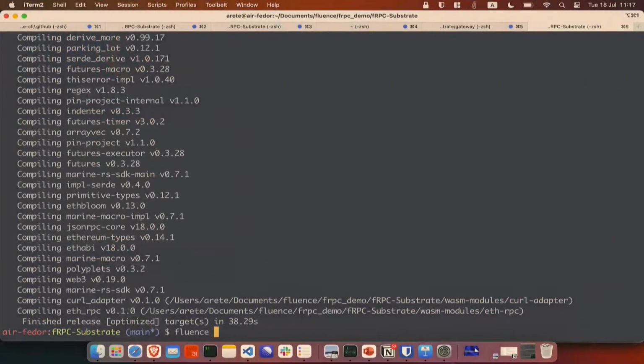So we have now built the project, and we can deploy it to the Fluence network with Fluence deal deploy. So basically, what's a deal?